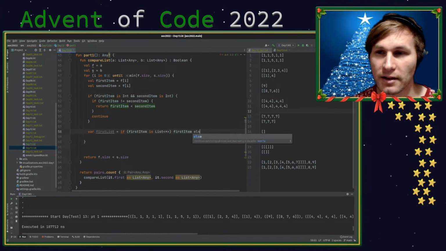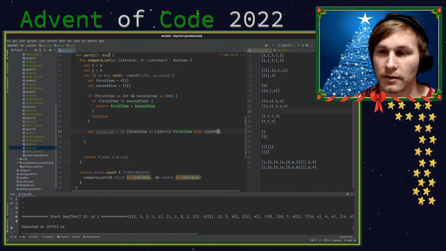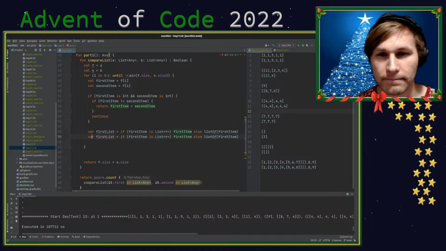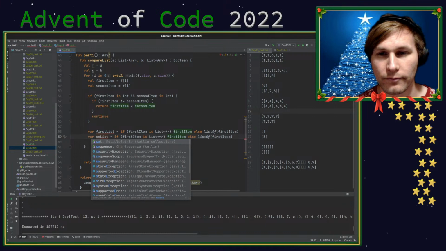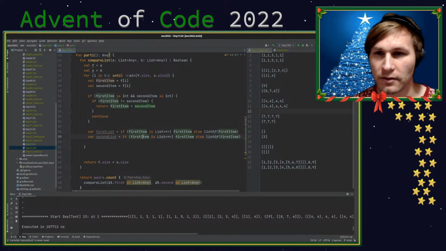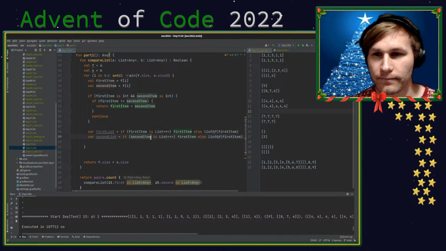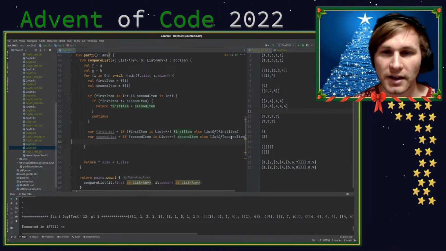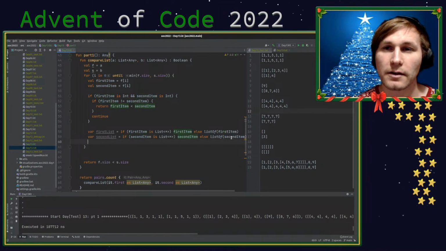Then use first item, else list of. Otherwise we know it's just a number. And then we can do this with the other one. Second list, second item. Oh my gosh. Okay, and then